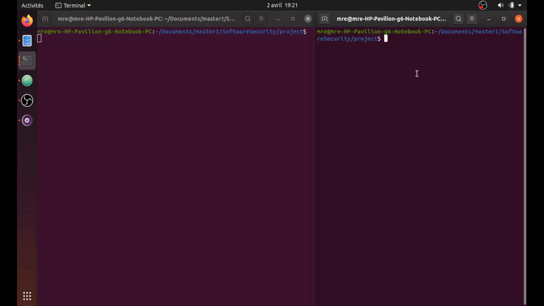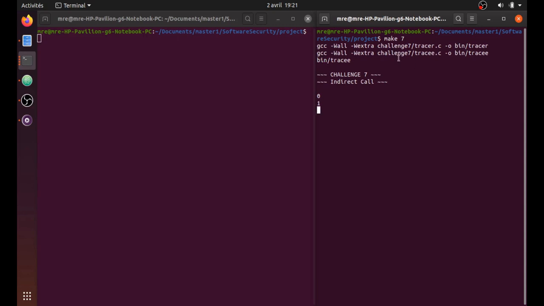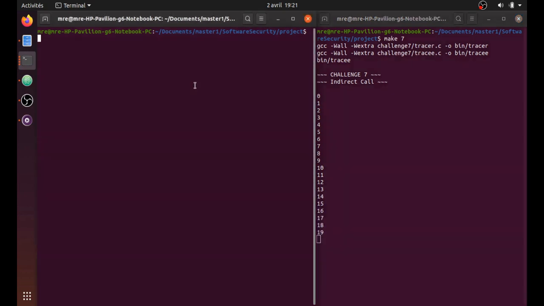Alright, so let's see the program in action. I am using a makefile, and with this command I am compiling my tracer and my tracee with GCC and executing my tracee. Also, if you want to compile with Clang, please only compile the tracer with it, with the -fPIE and -pie options, and still compile the tracee with GCC, otherwise it will just not work. So as you can see, my tracee is just printing some integers.